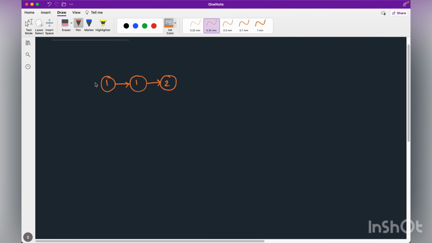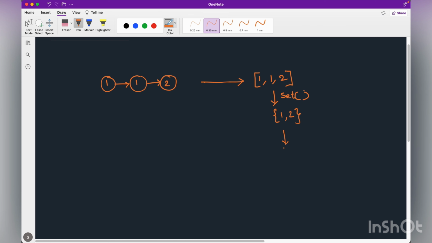If this is the linked list that we have, one way of dealing with it is to completely traverse through the entire linked list and copy all the numbers that we have into a list. After the traversal of the linked list, we'll be getting a list of values 1, 1, 2, and then you convert this into a set of values. If you perform the set operation on this, you will be getting a set of 1 and 2,